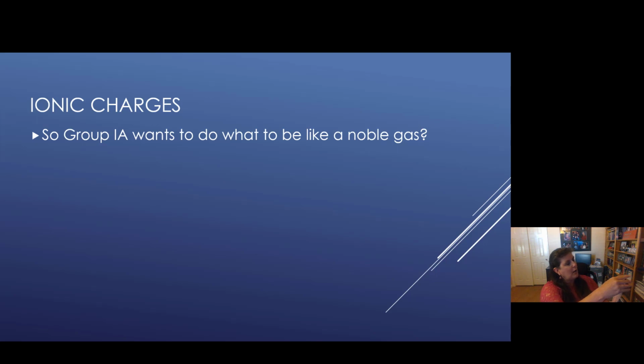So let's talk about group 1A. The first column, group 1A. They all end with s1. They just have one little electron in their outer valence shell. So what do they want to do with that one electron? Well, they want to get rid of it, don't they? They want to get rid of it, and then they will be like their nearest noble gas. So if they lose that little s electron in the outer level, we go back to the next level, which has s2p6, which makes us happy.